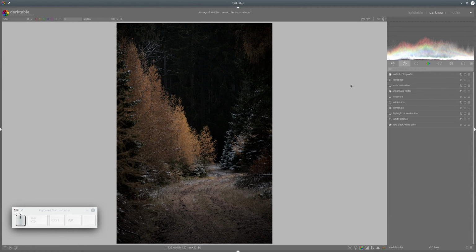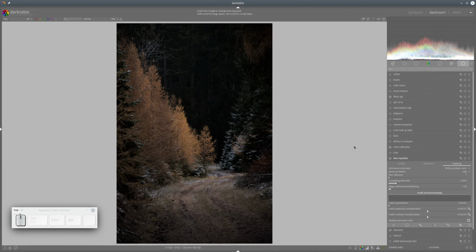The second question comes from Tamas Pap, and he wants to know the logic behind my usage of simple tone curve with tone equalizer. So to be able to explain that, I will use this example and we'll start editing and explain that on the way. Okay. So in this photo I would like only to add a little bit of contrast in the midtones and highlights, and therefore I will use tone equalizer